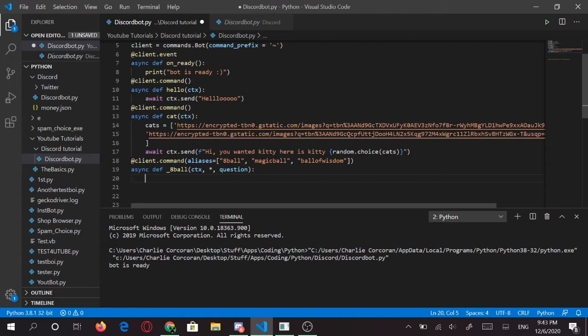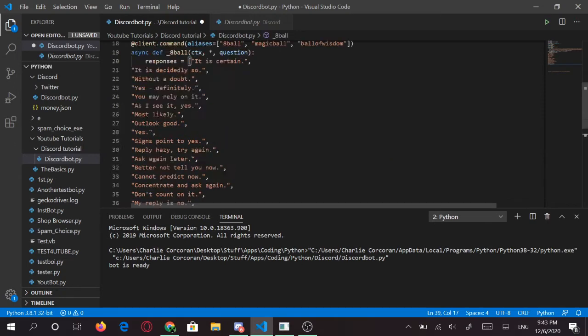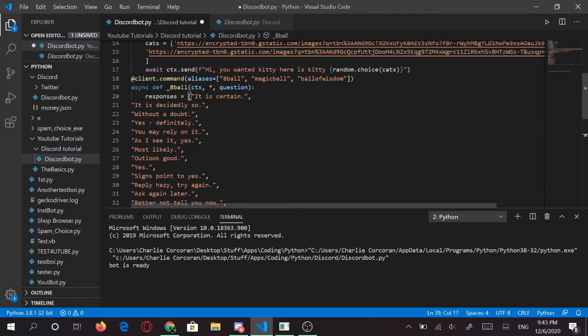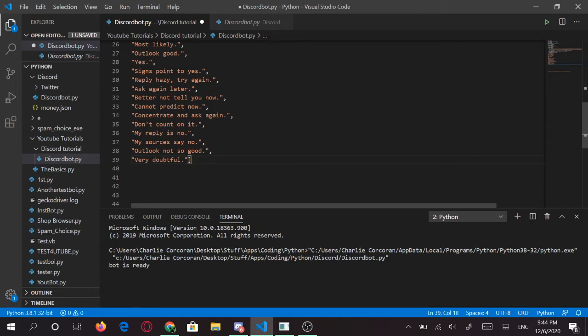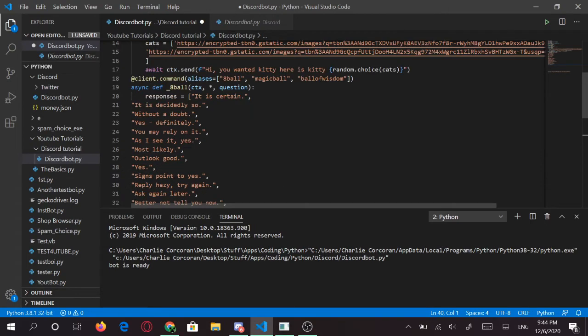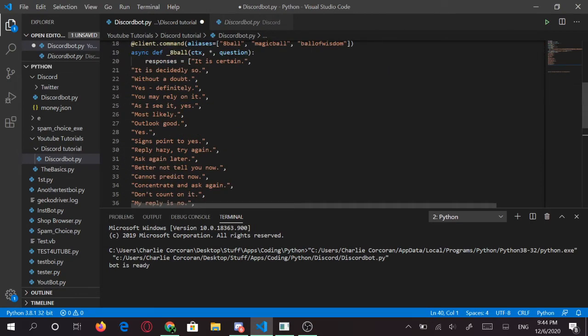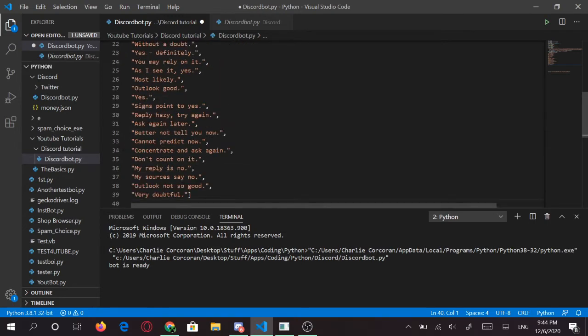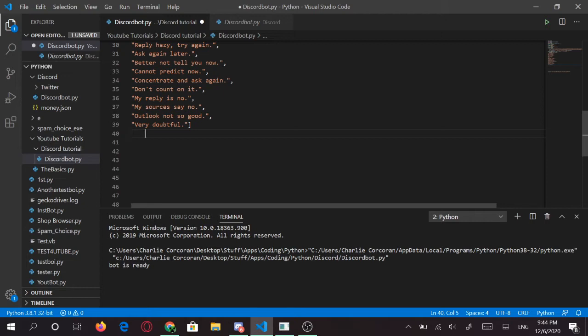We can go here and we can say responses equals that. Now I'm going to have this in the description, and what it is is all the different choices. Okay? Now we've got that, we can say await ctx